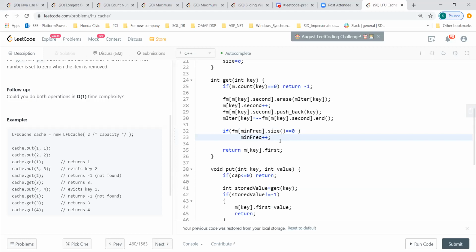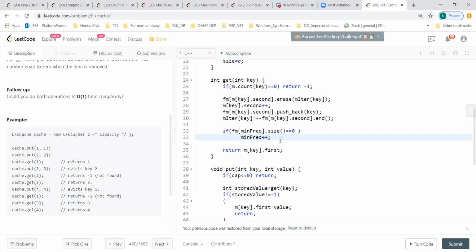Okay. So I had a different question actually. Is there a guarantee that if the minimum frequency vector is 0, then I will increment it by 1, so that minimum frequency will be valid? So at line number 33, I increment minimum frequency. Say initially its value was 1, and we did something, and that becomes 0.